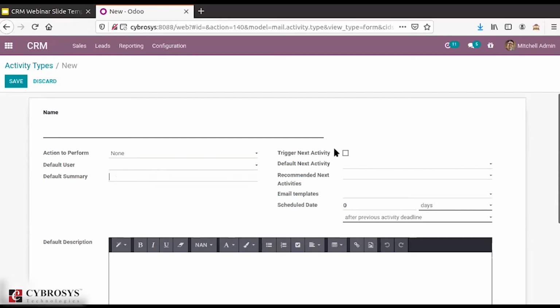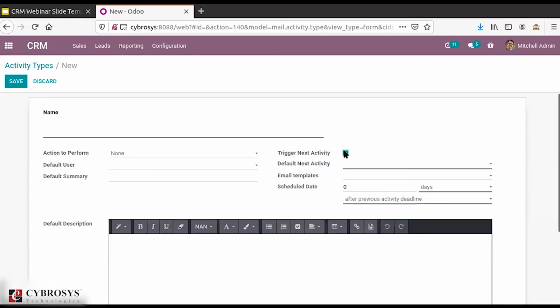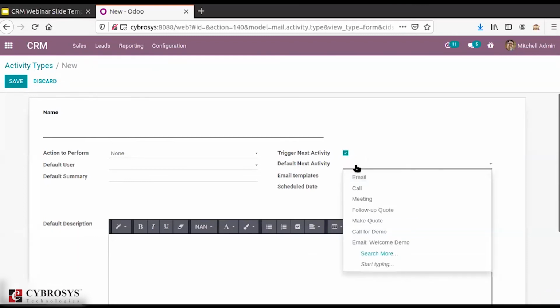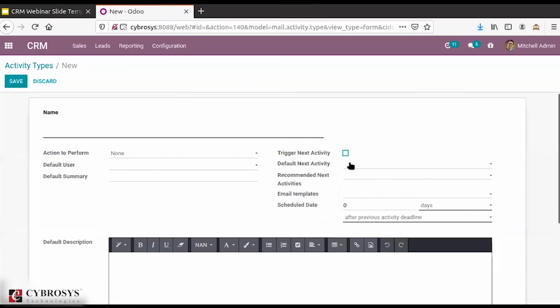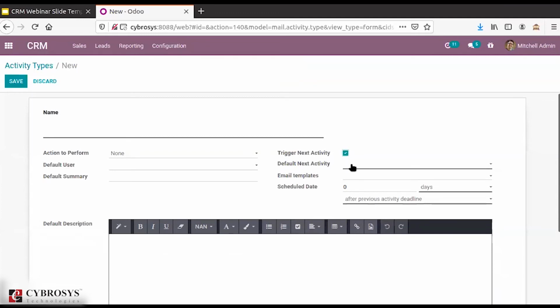And then here you can see you have certain other information like trigger next activity. So when you enable this option, you can see that default next activity becomes a mandatory field. When you disable this, it is not a mandatory one, but when you enable this, you can also provide the next activity.